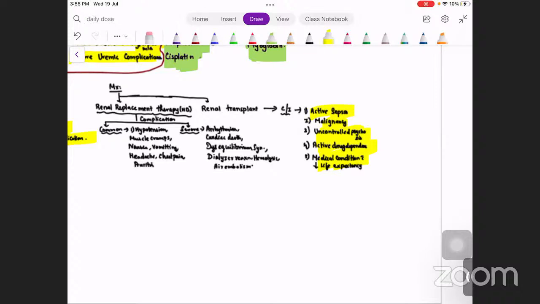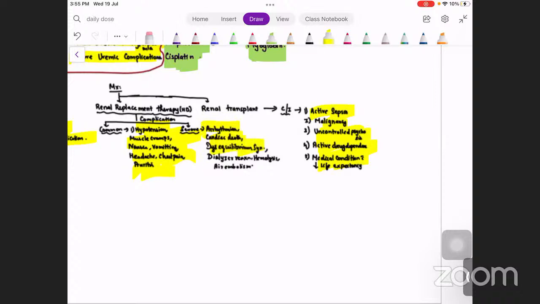While RRT, that is hemodialysis, you can initiate dialysis in this patient through a fistula, or maybe through a pigtail catheter. But there is a problem. What are the common problems you may experience in the post-dialysis patient? Hypotension, muscle cramping, nausea, vomiting, headache, chest pain, and pruritus are the common complications you may experience in the hemodialysis patient. And a severe one, you may experience, is cardiac arrhythmia, sudden cardiac death,